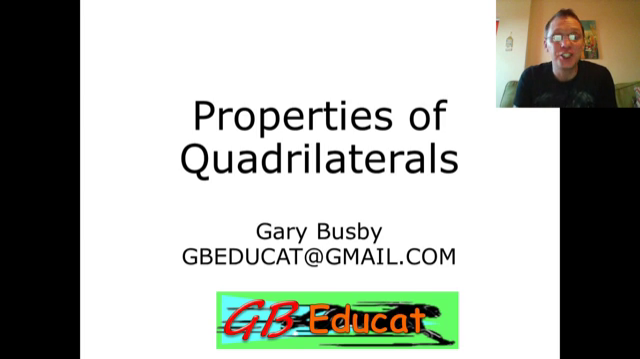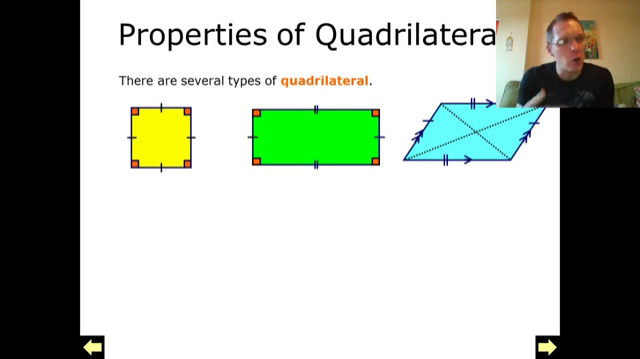Hi and welcome to today's session on properties of quadrilaterals. Now some of you may remember a quadrilateral. The definition of quadrilateral is that it's a four-sided shape, or it's got four edges. In which case we're going to be looking at a few different types, and we're going to be defining their